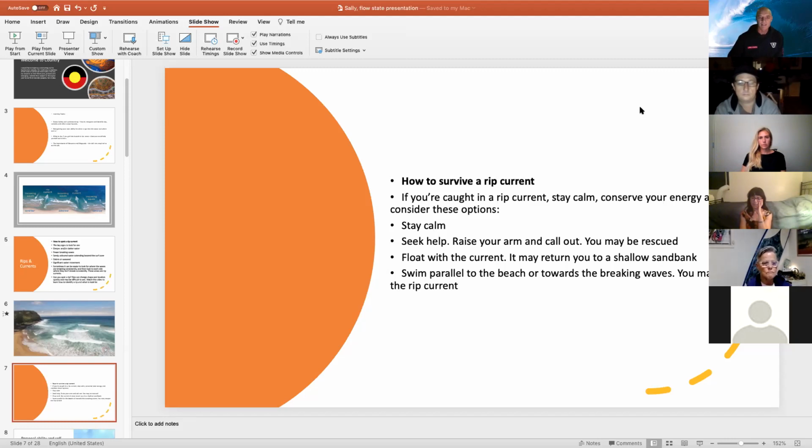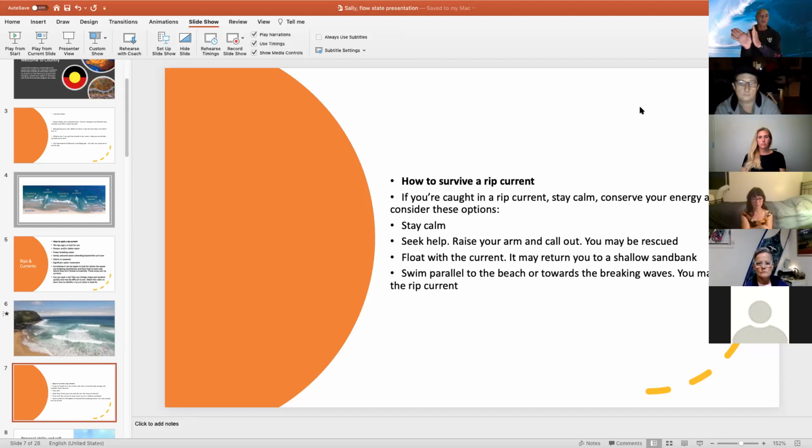So yeah, like I say, stay calm, float with the current. The rips are designed where they move around the bank. So all you've got to do is there's one or two things you can do. Swim adjacent to shore. That's because, as I was talking about earlier, the rips go out to sea. You want to swim left or right of that direction going out to sea. So just swim left or right adjacent to shore, because what happens is as you move out with the rip,